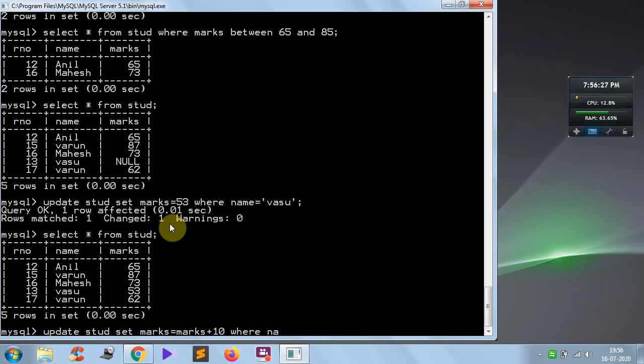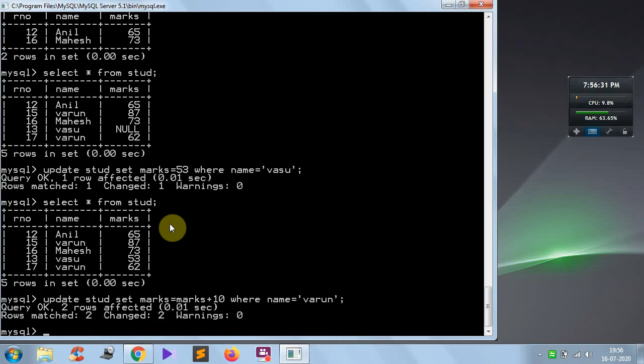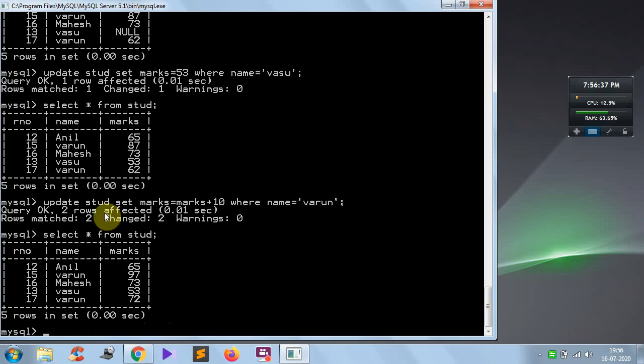So WHERE name equal to Varun. So here 2 rows matched and 2 rows have been modified. Let us see. Earlier Varun's marks was 87, now it became 97. Here Varun's marks was 62, here it is 72. Because I specified the condition, the rows which satisfy the given condition will be modified.